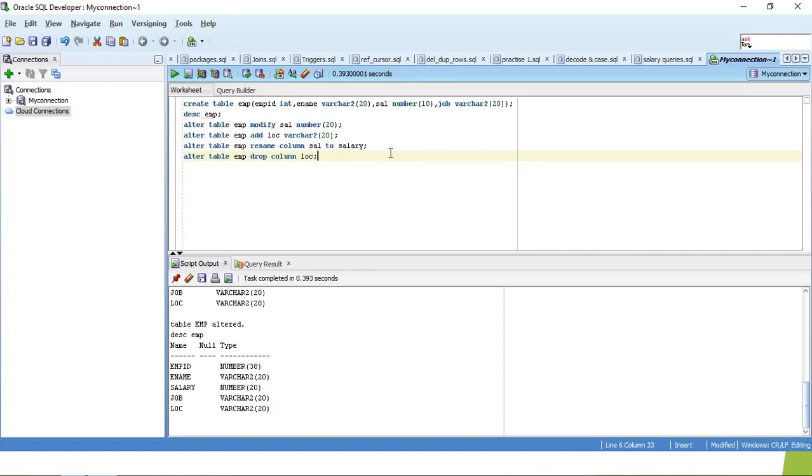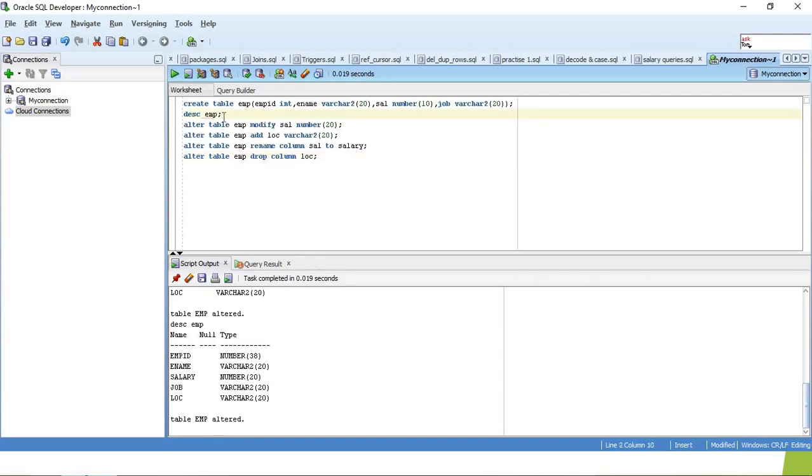Control enter. Again it shows that table employee altered. That means the location column was dropped from the employee table. Again you can run this query to check if it was dropped or not. Control enter. See here, it shows 4 columns only. The location column was dropped successfully from the employee table.